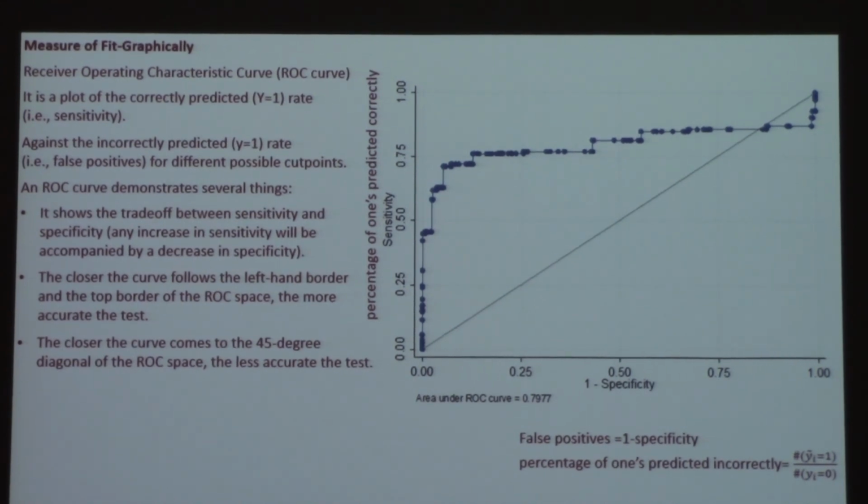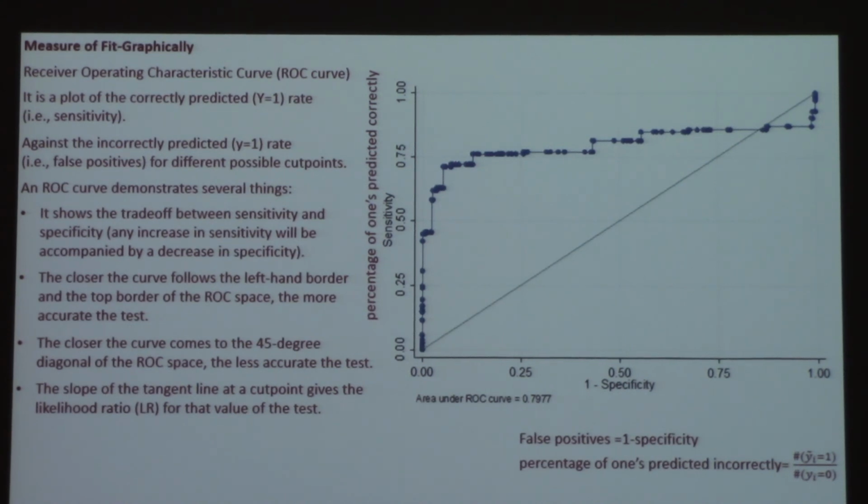And it's given to you in the curve, but the 0.79 is, again, going to be between 0 and 1. The 0.79 tells us that, again, higher is better, and it tells us that we have a pretty decent prediction. The model predicts pretty decently. Ignore the slope of the tangent line, which gives us the likelihood ratio for the test. We're probably not going to use that much. Basically, we look at it and see, okay, are we hugging that left border and that top border? And again, the area under the curve of 0.79 is not